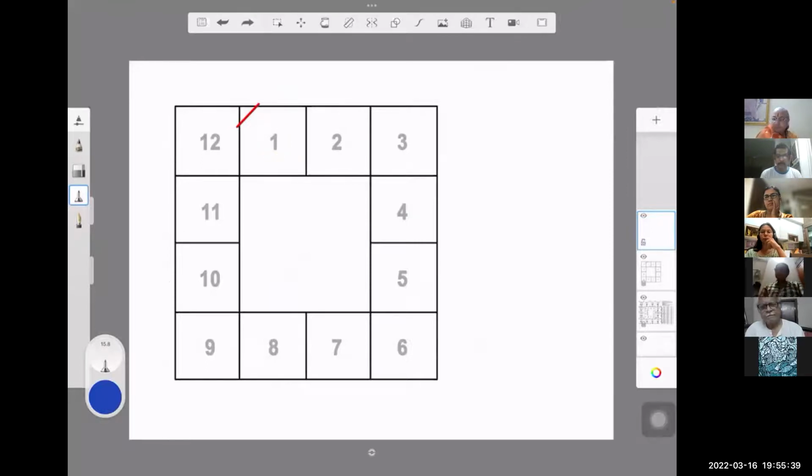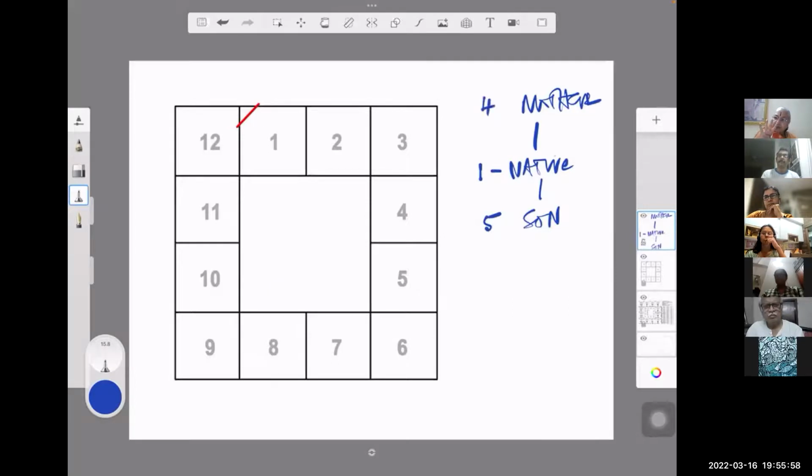How you need to understand is, if this is the native, this is the native's son, and this is the native's mother. Correct? So native बोला था house क्या हो गया? 1. Son बोला था house क्या हो गया? 5. Mother बोला था house हो गया क्या? 4. Yes. Correct? Now, if we have to see the relation between this one and his paternal grandmother, 5 से